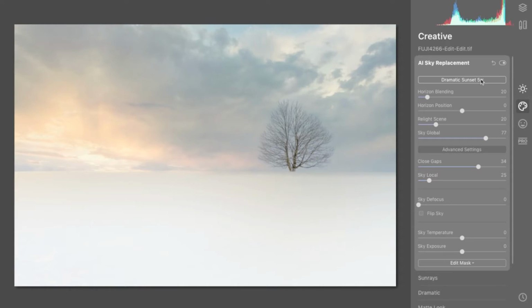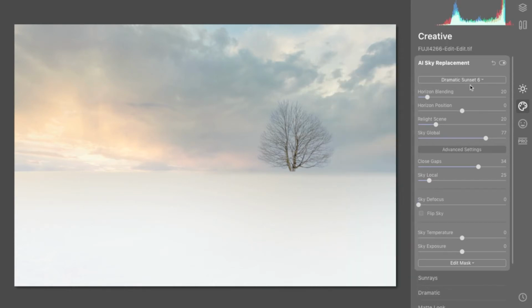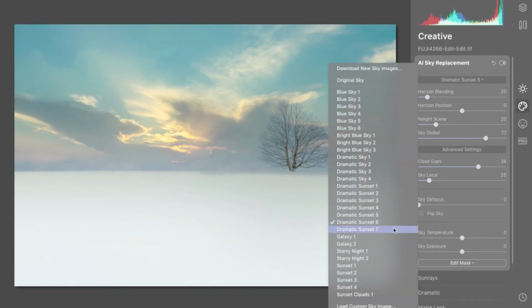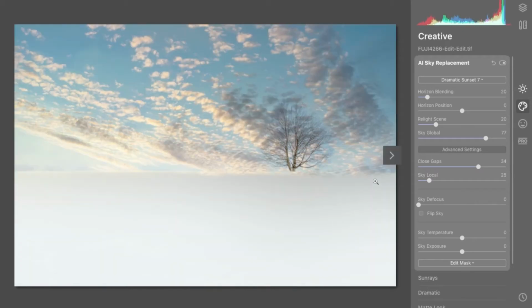It's okay. Let's try 6. No. 7. No. But what I'm noticing here is below the tree, you can actually see now that the sky is loading